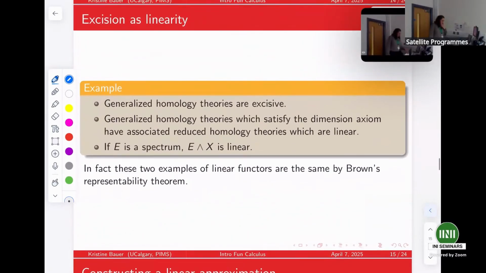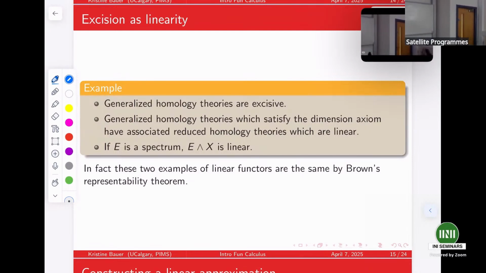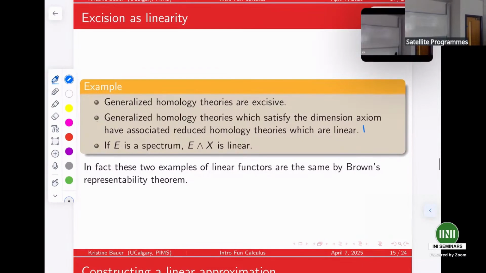All right, so not only is reduced singular homology excisive, but by definition, any generalized homology theory is excisive. Generalized homology theories satisfy 6 axioms, depending on how you count, and one of those is always excision. And for any generalized homology theory, in fact, for any functor at all, it doesn't have to be a generalized homology theory, I can always define its reduction